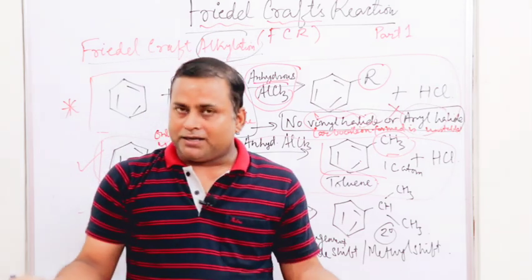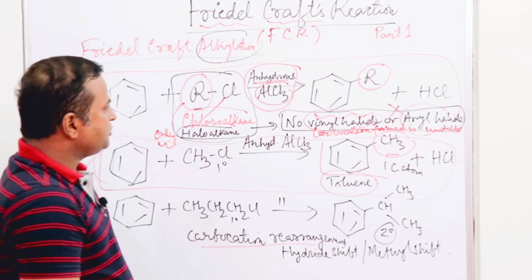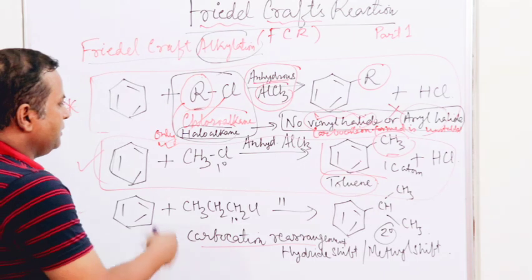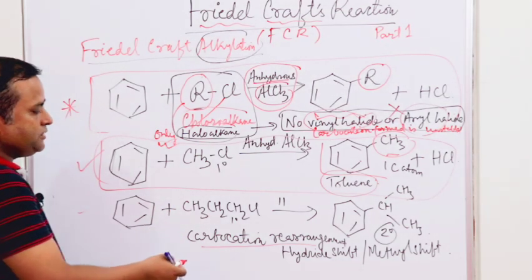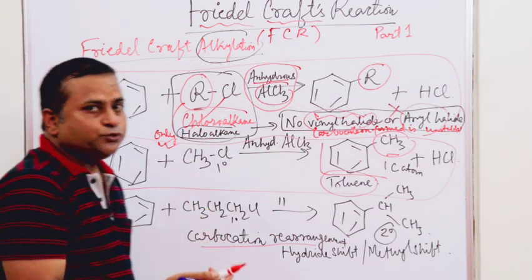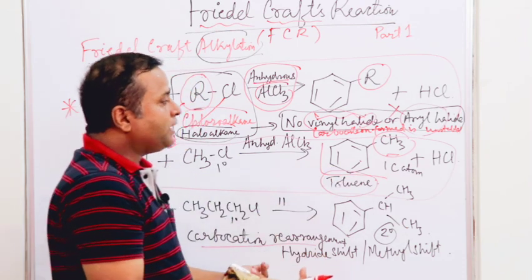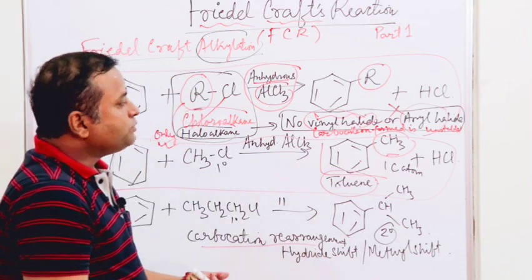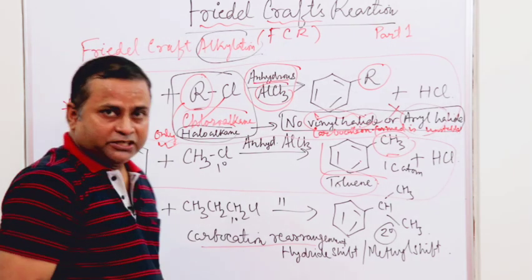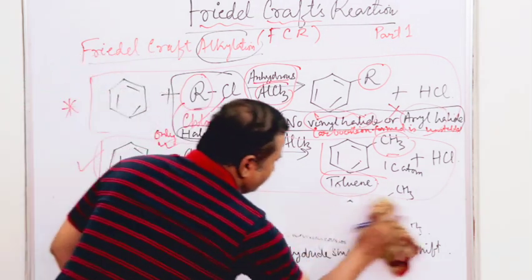So this is another limitation. So basically we have three limitations. First, we cannot take vinyl halide or aryl halide. Then this reaction fails if we try to introduce an alkyl group containing more than 2 carbon atoms. Third, the products themselves are so reactive that polyalkylation can occur. And one more thing, which I was missing, is that